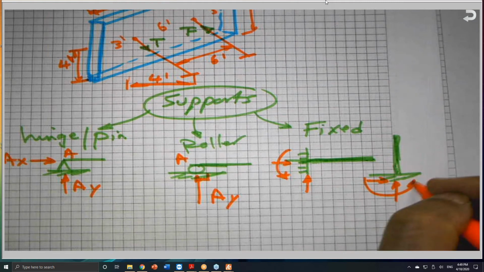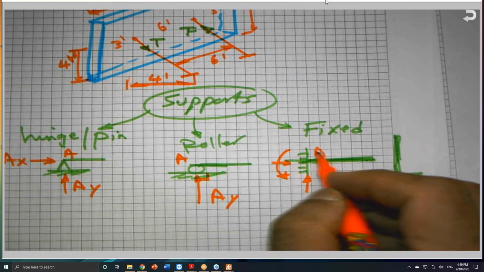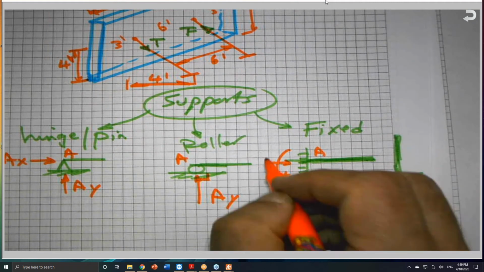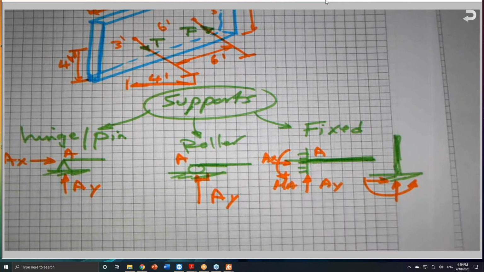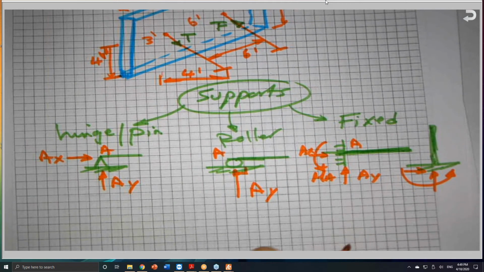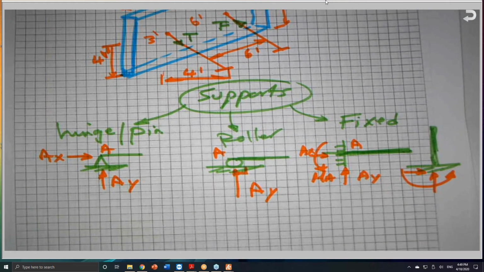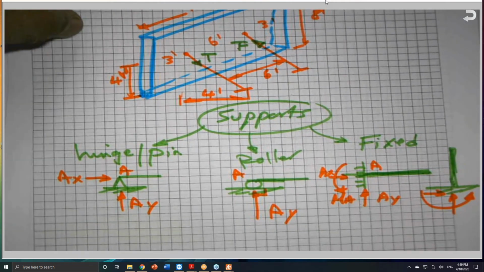It depends on the direction. So if this is A, I have A sub y, and I have A sub x, and I have the moment at A, MA. Those are the 3 important supports, plus the link, which is an axial force along the member. So by looking at this problem here,